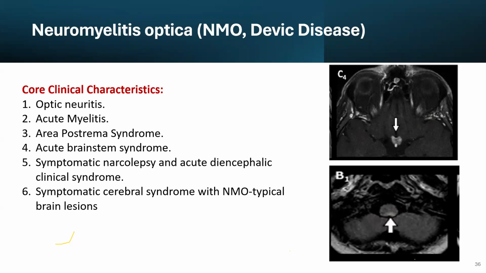In area postrema syndrome, patients will present with episodes of unexplained hiccups, nausea, vomiting. The reason for that is because the lesion is located in the medulla, in the floor of the fourth ventricle. This area has the chemoreceptor trigger zone for vomiting. So it's affected. Patient will come with hiccups, nausea, vomiting to the ER. They call the GI. They do a lot of investigation. They cannot find an explanation. And then you can find the explanation by just doing the MRI, and the patient can be diagnosed with NMO. So hiccups can be symptoms.